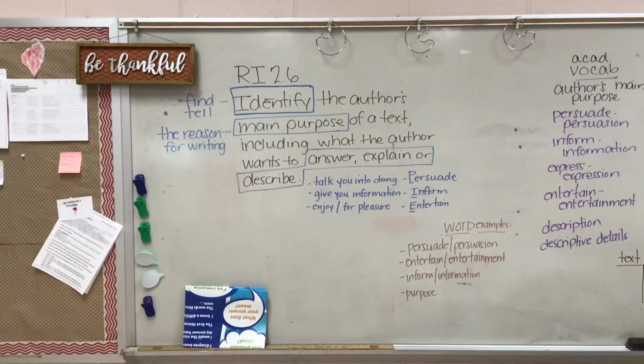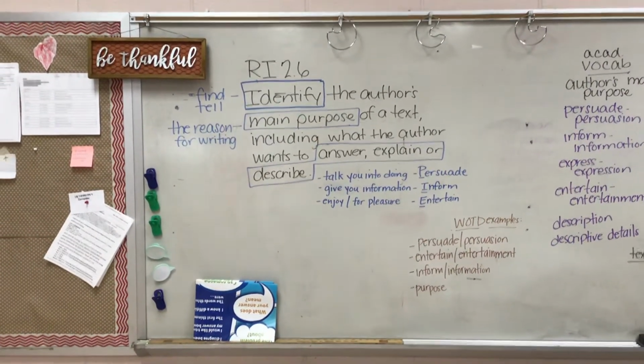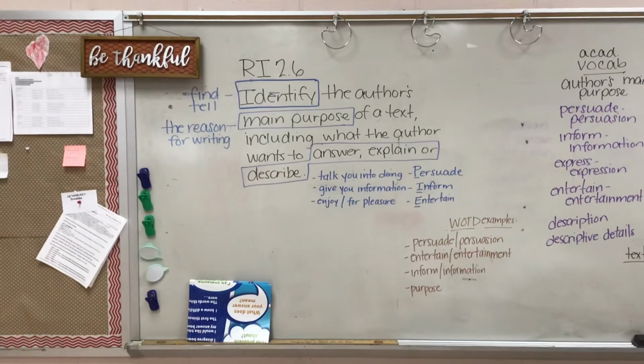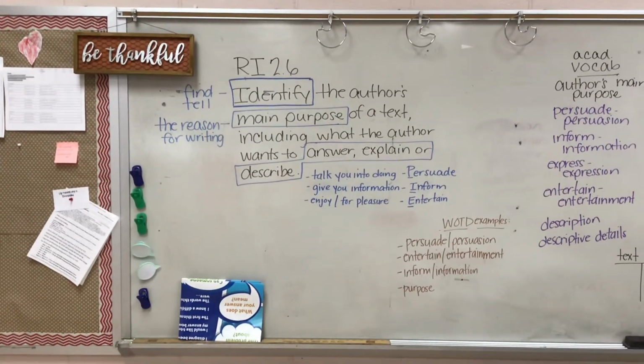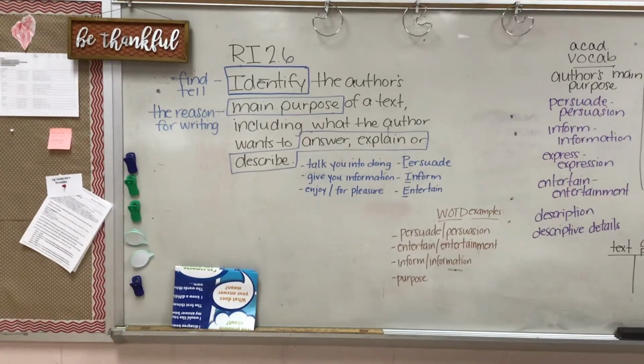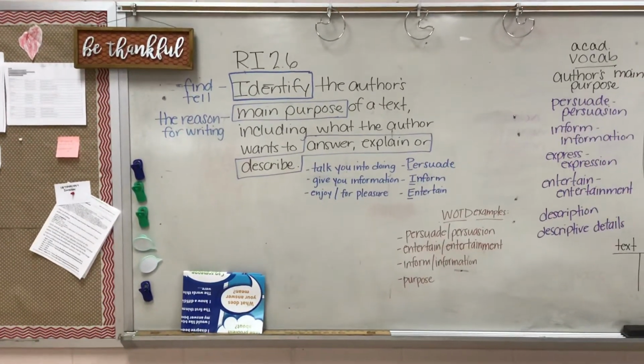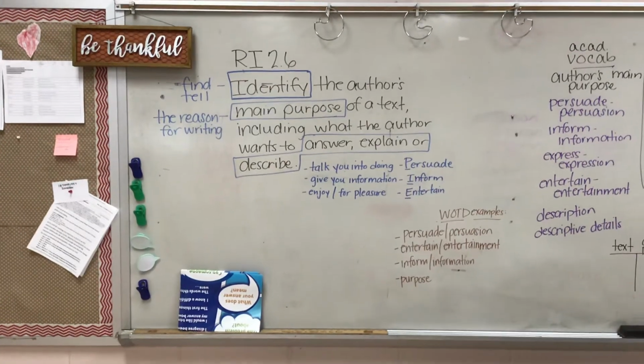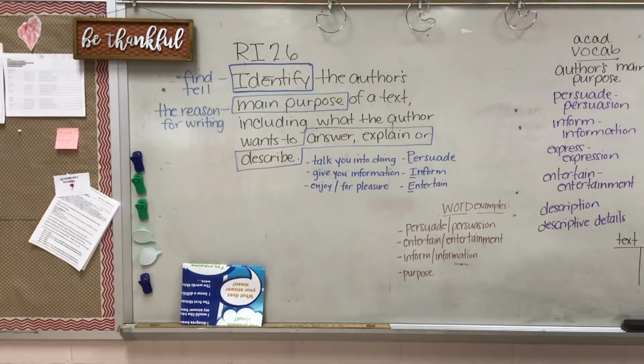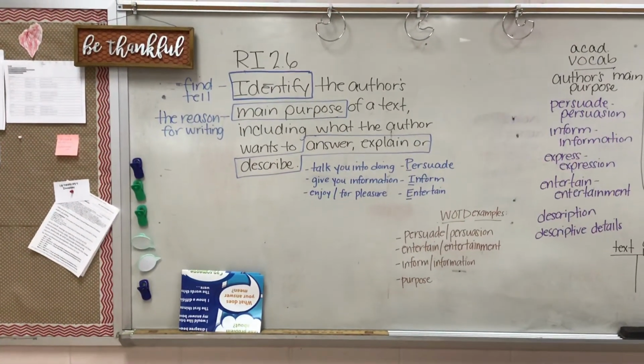Okay, here's our standard for next week. RI 2.6: identify the author's main purpose of a text, including what the author wants to answer, explain, or describe. In annotating the text, I pulled out identify as find or tell. I pulled out main purpose as the reason for writing, because we're trying to figure out the reason that the